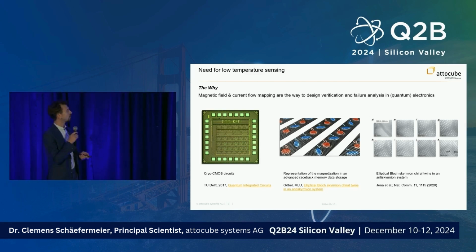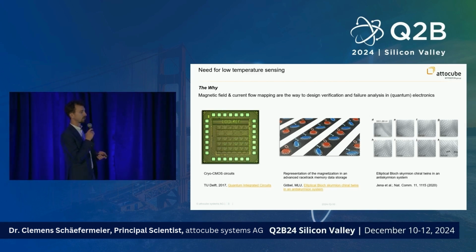So I already mentioned cryogenic electronics, and I'm not only referring to superconducting qubits.